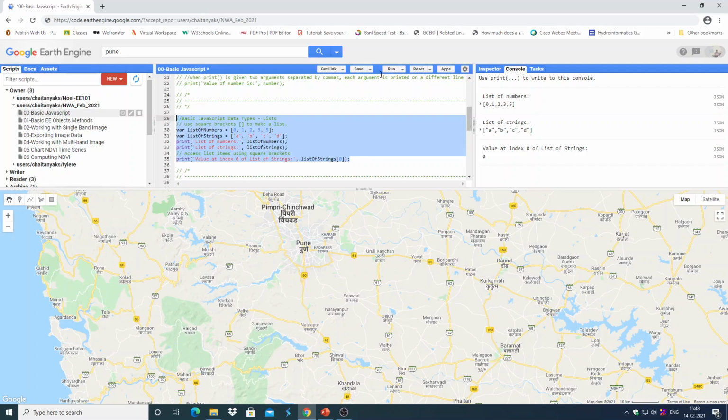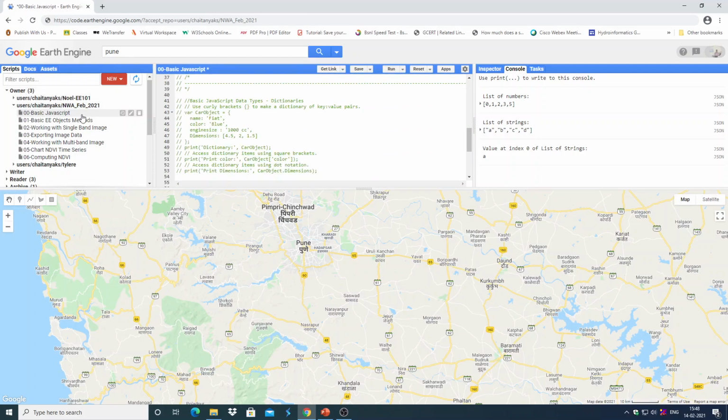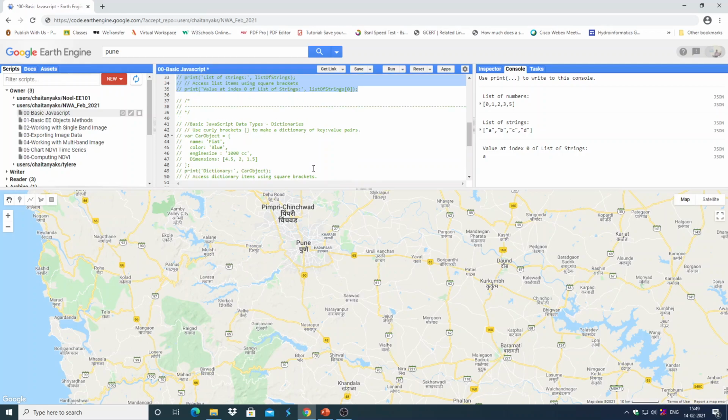And we will again comment out this portion. Once you have this repository with you, you just follow the video for now. Because you will be having access to the repository and the video, afterwards in the evening, you can run the script again on your own on the code editor. For now you can keep watching the video.